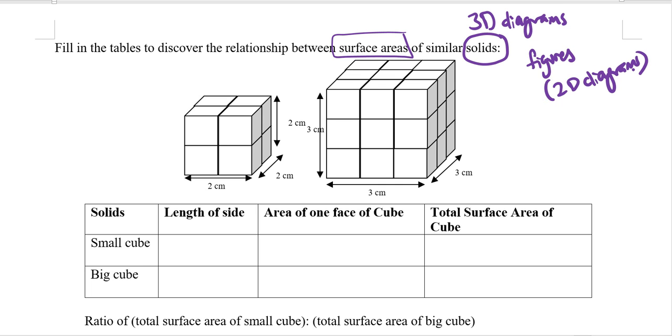In this case, they want us to find the surface area of this cube. If we look at the smaller cube, the length of the side of the smaller cube is 2 cm. That means that the area of one face of the cube is 2 times 2,